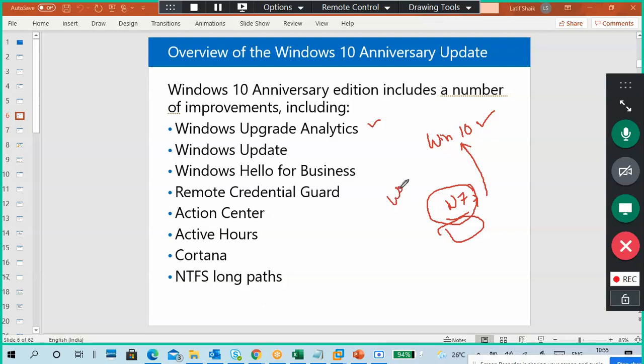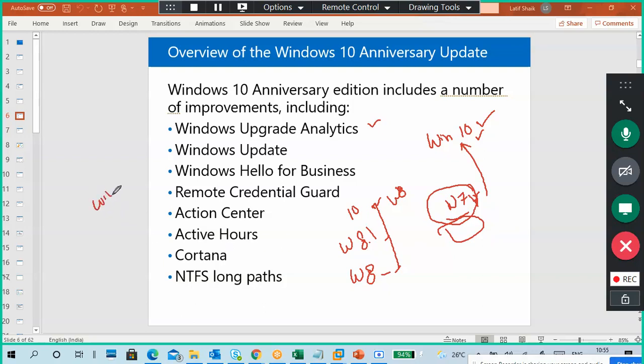Same for Windows 8. My personal laptop, actually my sister purchased it, was from Windows 8, but it was freely upgraded to 8.1. Then it was freely upgraded to Windows 10. So if you purchase 8 or 8.1, you can upgrade it to Windows 10. You purchase a 7, you can upgrade it to Windows 10.